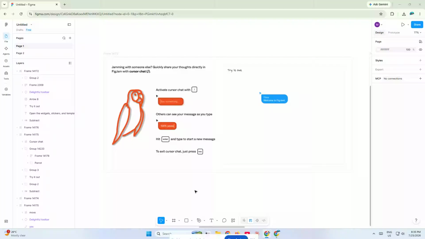In this video, I'm going to show you how to rotate in Figma in two simple ways, using your mouse for fast visual adjustments and using exact angle values for precise control. This is a super useful skill when you're designing layouts, icons, cards, or any element that needs to be turned